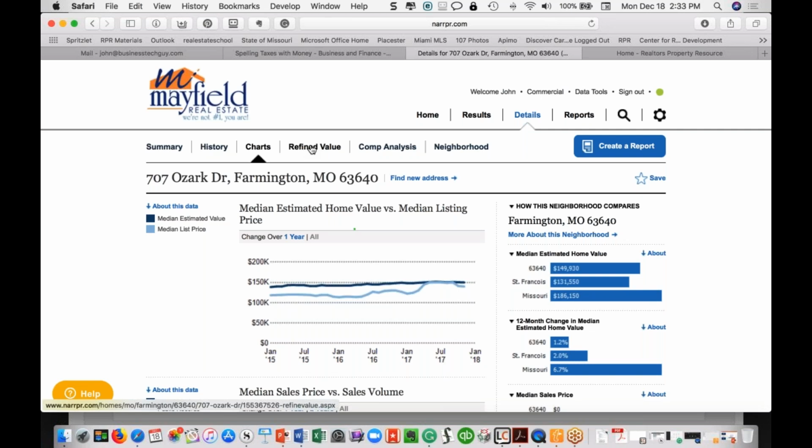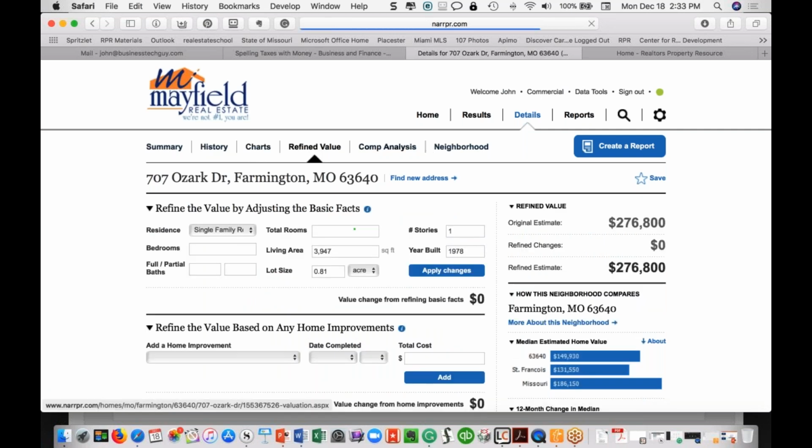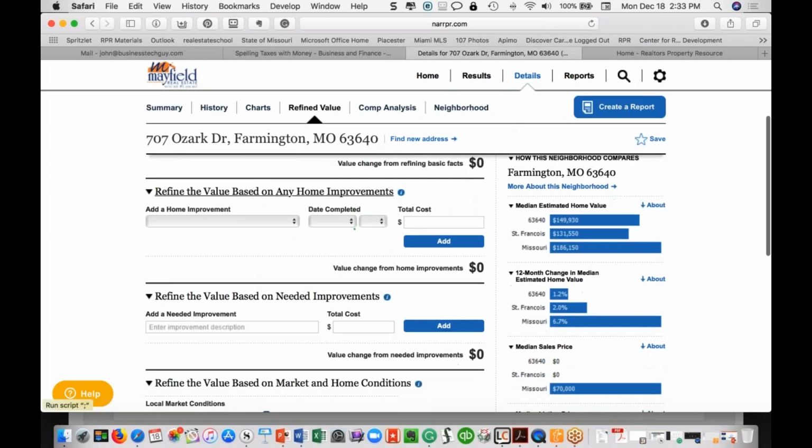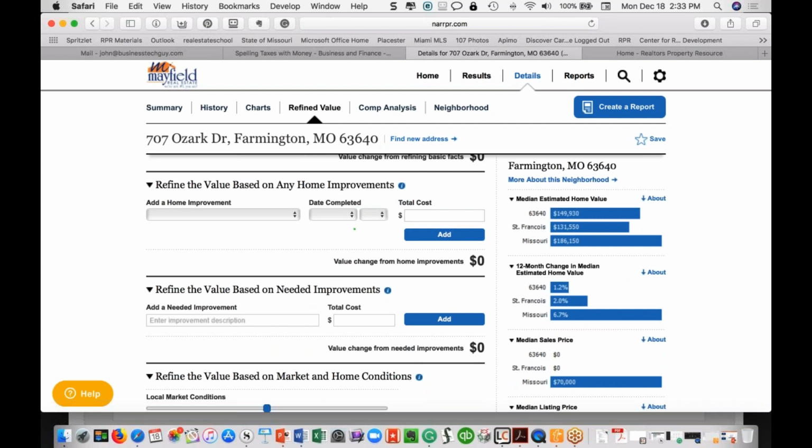So we're going to jump over to the refined value. These are all the tabs we have for this property here: summary, history, charts. Now we're going to go to refined value. And the one thing that I want to mention to you here is that